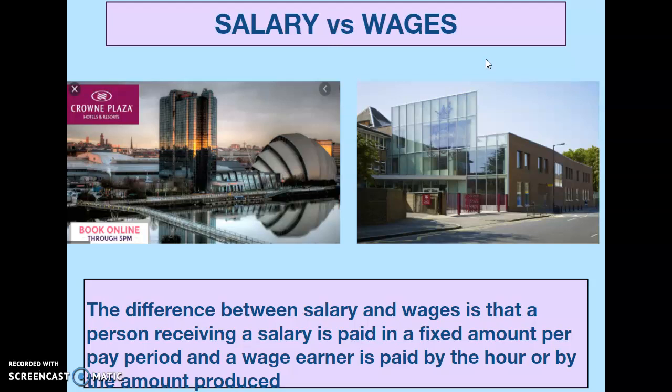I just wanted to clear that up, but don't forget that our specification, the OCR exam board, counts salaries as fixed costs. So if in an exam, or even in your coursework, you start talking about incomes, just assume that incomes will be counted as fixed costs and not variable costs.